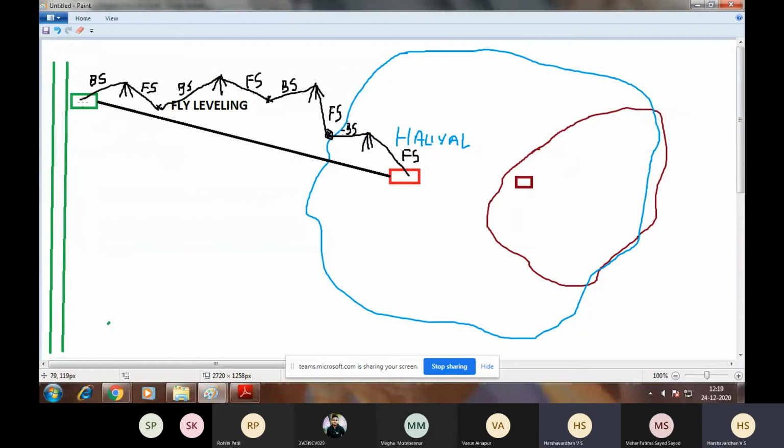I don't want to take any other readings; no other points are necessary. So fly leveling is conducted when you want to set up a benchmark near your surveying area and bring that benchmark from a permanent benchmark situated a little far from your surveying area.